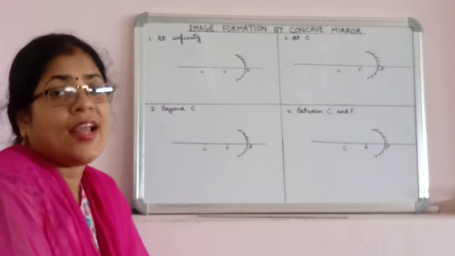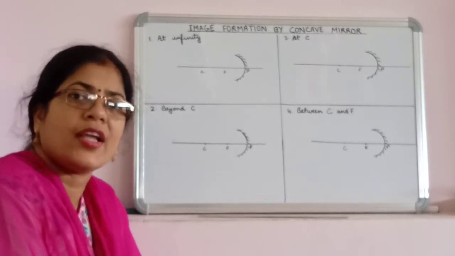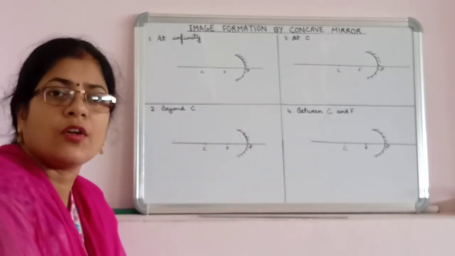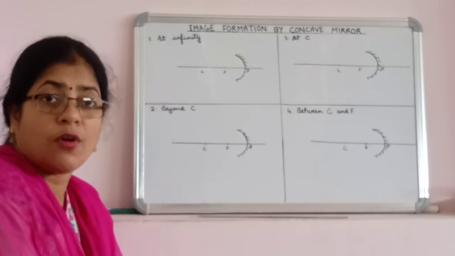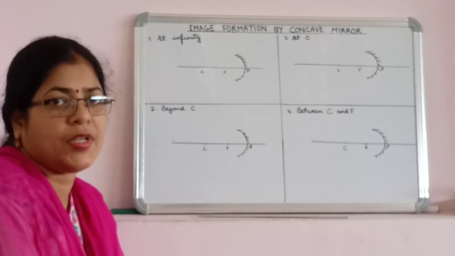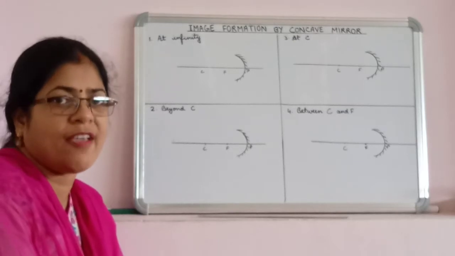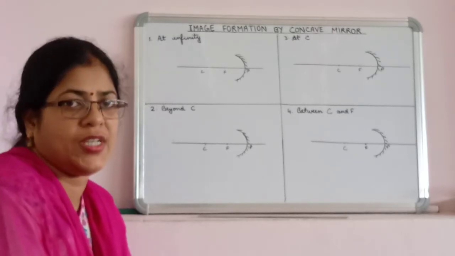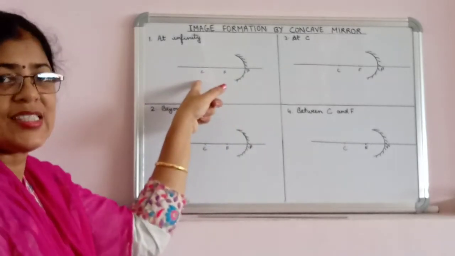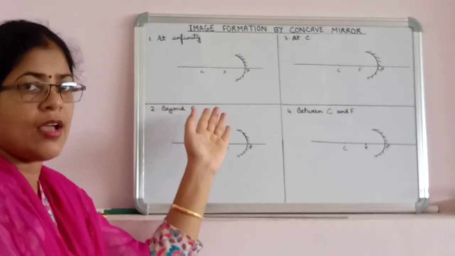Students, in our last video we discussed the spherical mirror terms, and now we are ready to find out how the concave mirror forms an image. We also discussed the different special rays for spherical mirrors. So we are going to use those special rays for the concave mirror first to show the image formation, right? And I hope you all remember what C, F and P are in the diagram you can see on